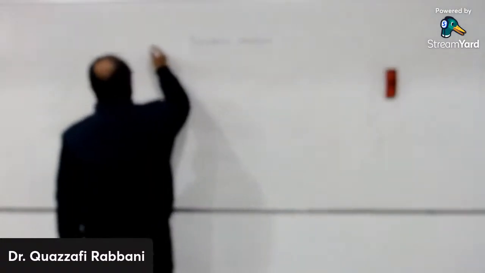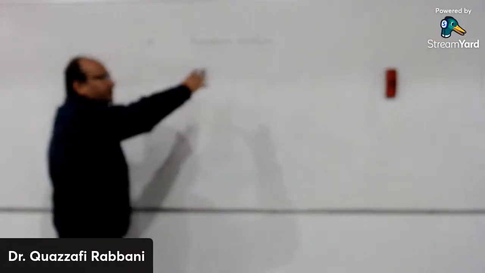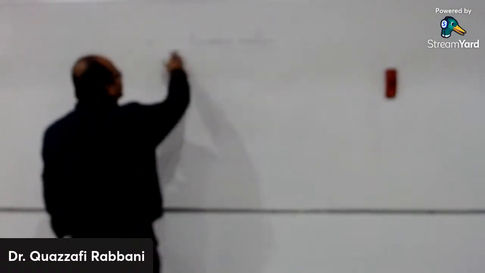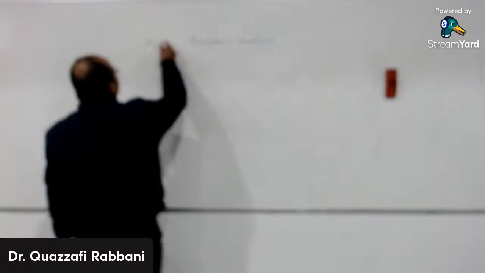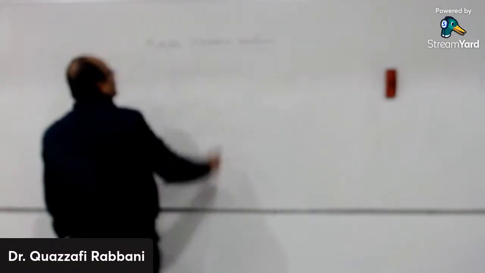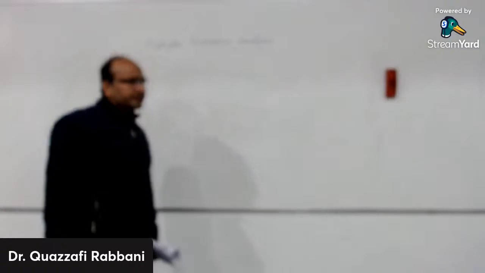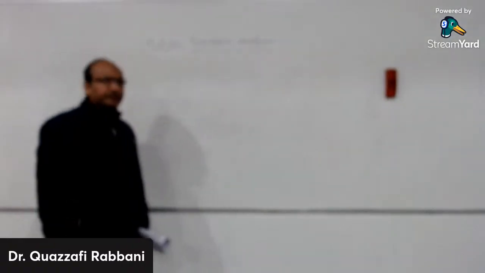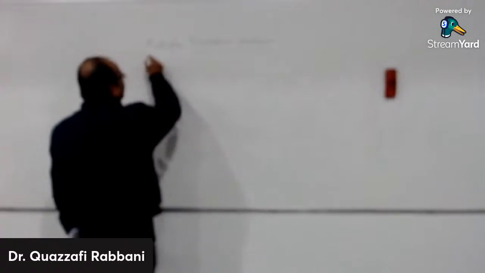Now the next is regression analysis. We are discussing only two variables. If we have more than two variables, then this can be written as multiple regression. Multiple regression means one dependent variable and independent variables are more than one. Suppose, for example,